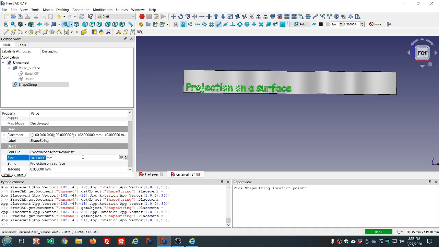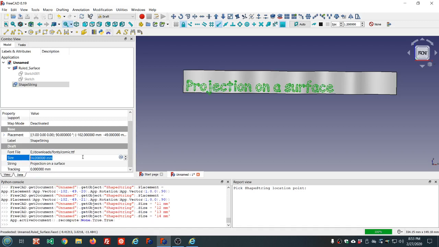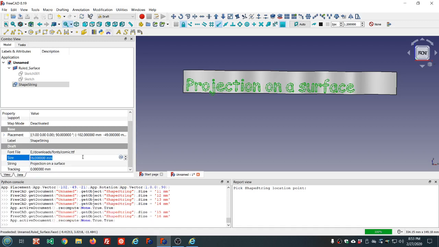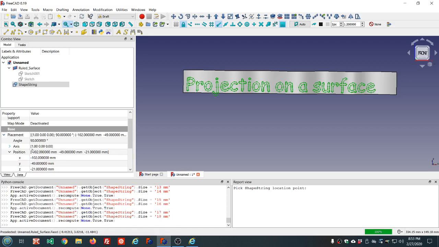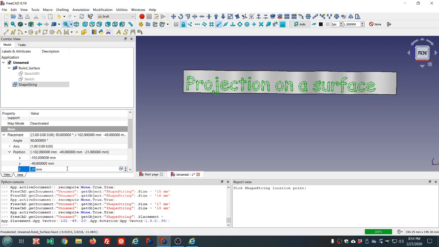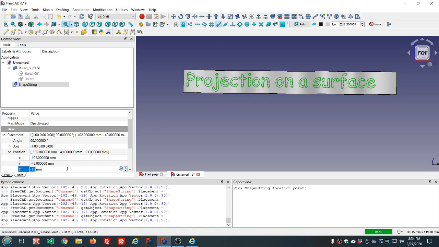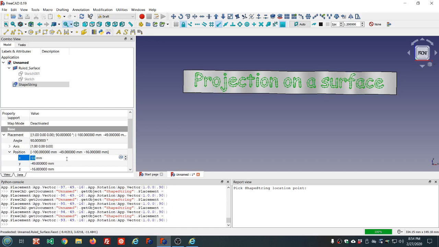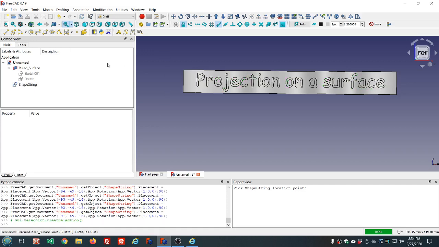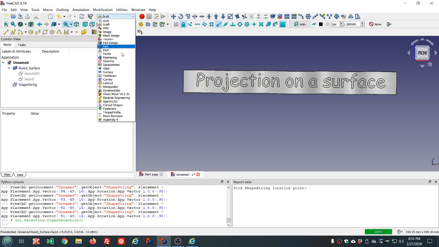Default is 10. That's not actually the font size per se. It's related to it somehow. That looks pretty good. And we'll move the placement up a little, to the right a little, kind of in the middle there. Good enough. Let's go back to part,